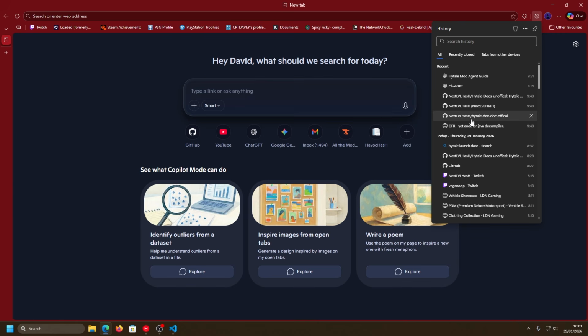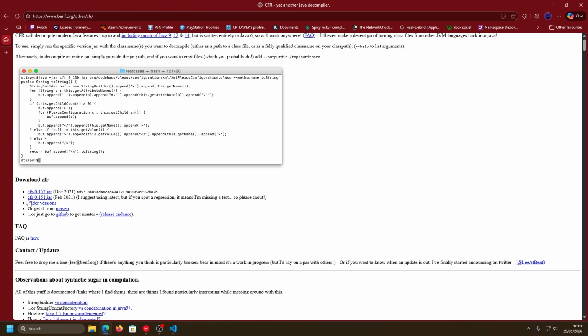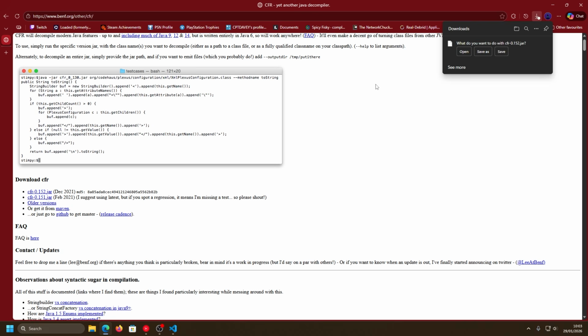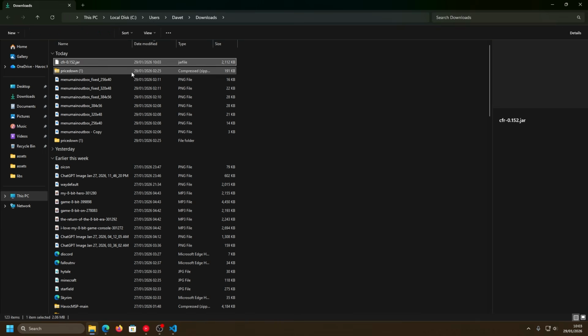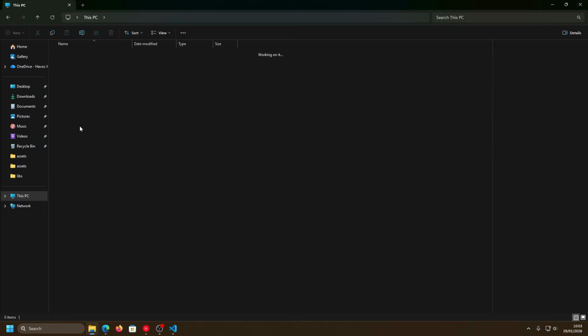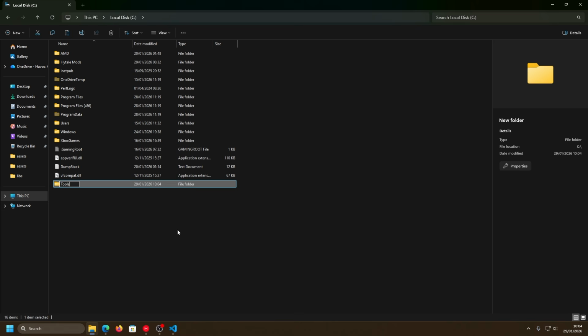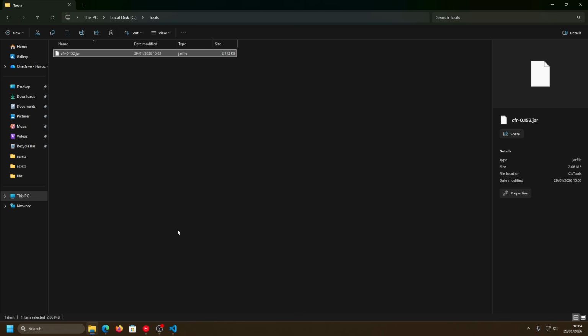But essentially, what you're going to want to do is come to this website, CFR, and scroll down to where you can download the latest version. And the reason for this is because the CFR jar file will allow you to decompile Java files. So if you follow along with everything I'm doing right now, you'll be able to decompile the server files and actually read the classes